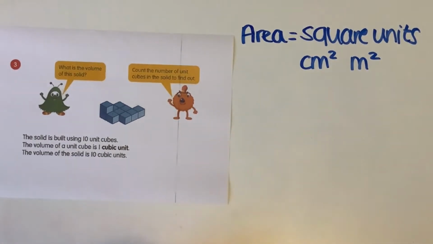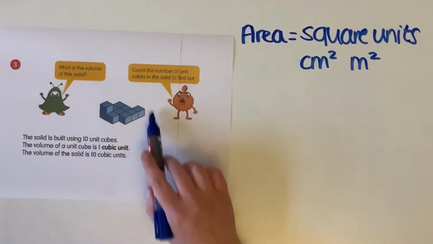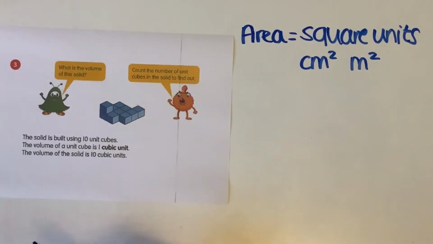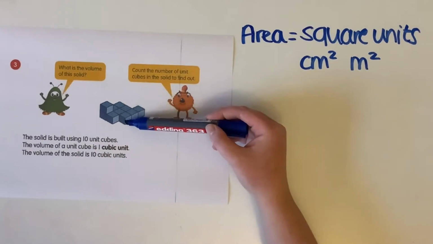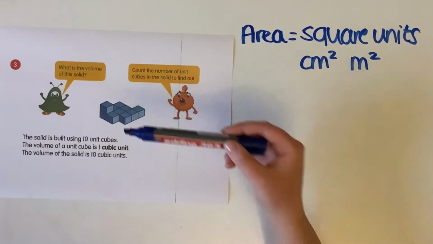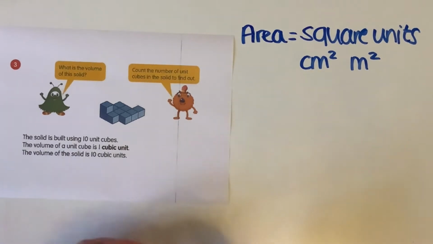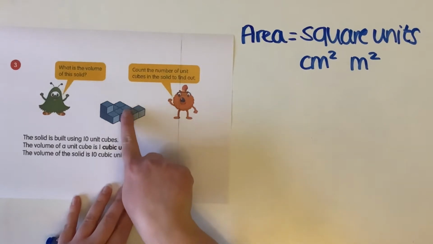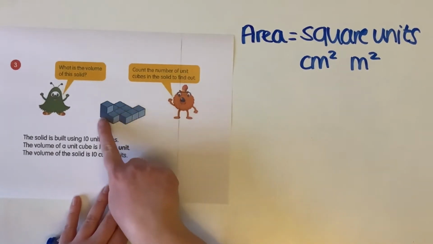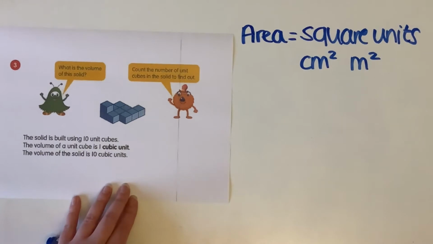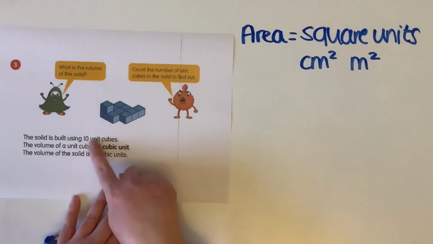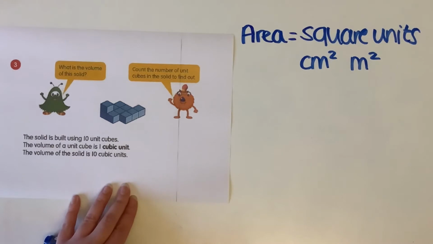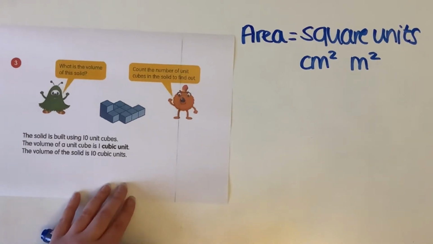With volume, if we look at the volume of this solid here, because it is made up of these unit cubes, we would count the number of unit cubes in the solid to find out. So we would count them up. 1, 2, 3, 4, 5, 6, 7, 8, 9, 10. So the solid is built using 10 unit cubes. The volume of a unit cube is 1 cubic unit. So the volume of the solid is 10